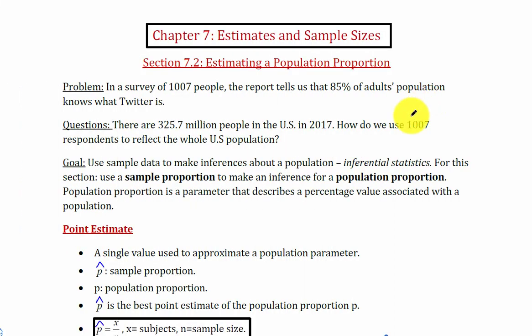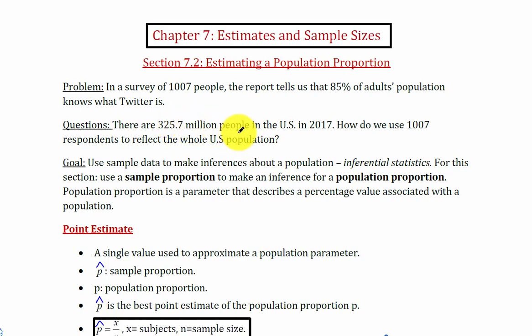Hi, in this video we are going over the first section of chapter 7, 7.2, estimating a population proportion. There's a problem. In a survey of 1,007 people, the reports tell us that 85% of the adult population know what Twitter is. So we may have the question,